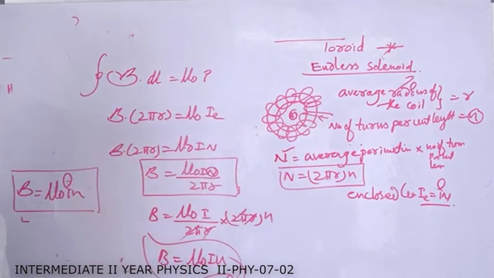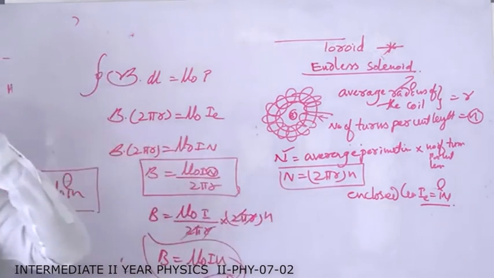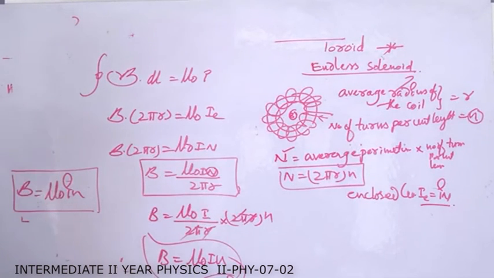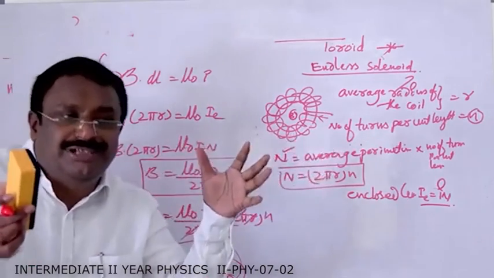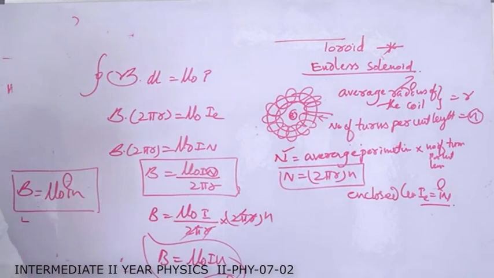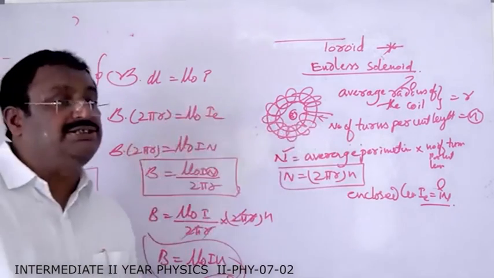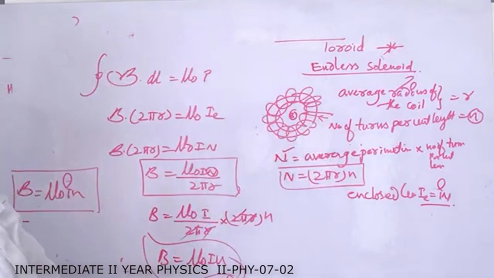So what is the specialty? Solenoid and toroid both produce the same amount of magnetic field, uniform and strong. But as compared with a solenoid, the toroid's volume is less, the weight is less, and there is less noise pollution. Because of these three advantages, we widely use toroids for various purposes.